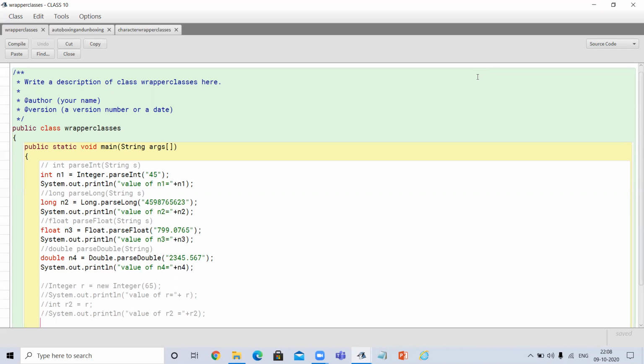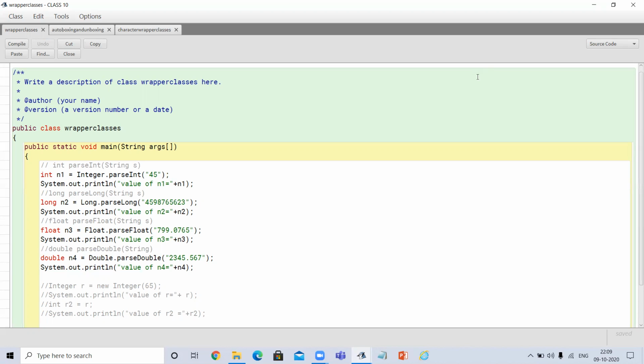First one is the method XX.parseXX, and here we are passing one string argument. XX parse XX means Integer.parseInt, Long.parseLong, Float.parseFloat, Double.parseDouble. In all these methods, we will pass one argument of string type.